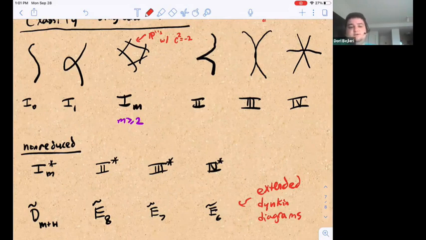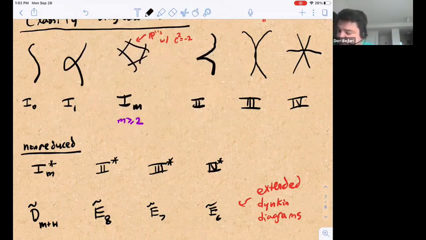you use the fact that the intersection pairing on this collection of fibers has to be negative definite by the Hodge index theorem, and you use that it's minimal to see that all the components have self-intersection -2, and then you look at some linear algebra classification of negative definite forms, and you'll see that they all split up as direct sums of things indexed by these Dynkin diagrams. So that's roughly why the Dynkin diagrams appear,